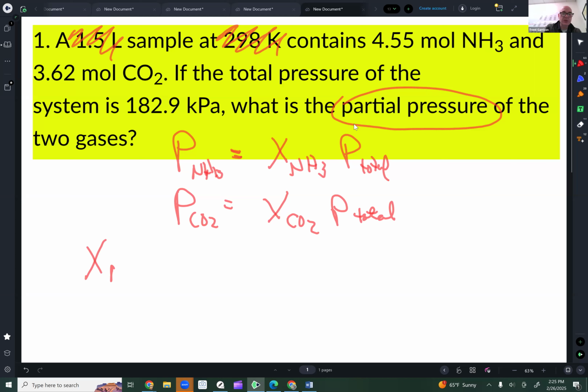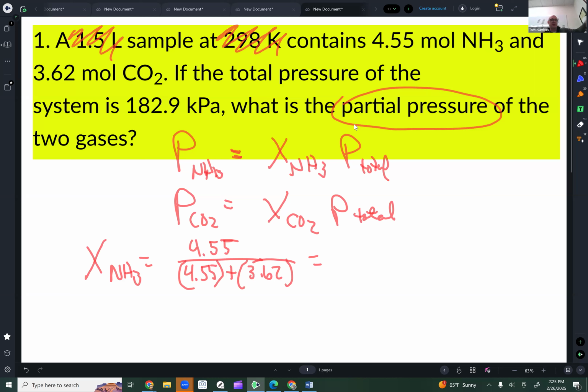So I'm going to take the mole ratio of NH3, which means we take the number of moles of NH3, 4.55, and I will divide it by that same value plus the number of moles of the other gas, the CO2. We're going to add all this together, and you're seeing this all live now. So let's see. 4.55 divided by parentheses 4.55 plus 3.62. Close those parentheses and equals